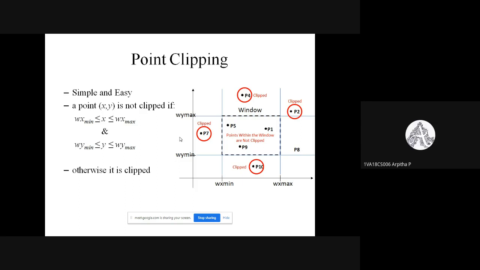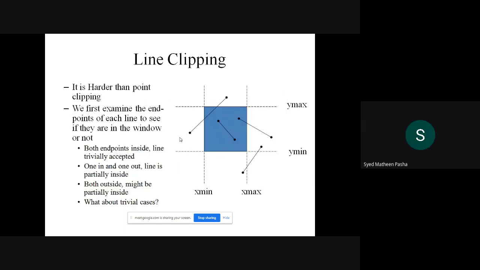Yes, sir. Yeah, we will check out the next clipping. The next level of clipping is line clipping. The definition remains the same for all the clipping levels, but you need to remember what the level of each clipping is. As we studied in point clipping, you are eliminating just the points which need to be clipped, and then in line clipping, you are eliminating the unwanted lines.